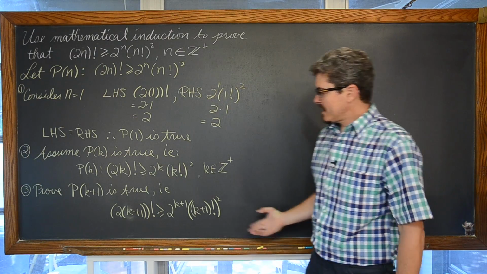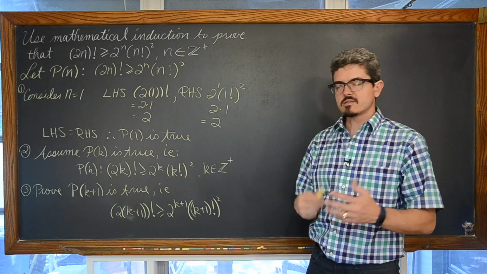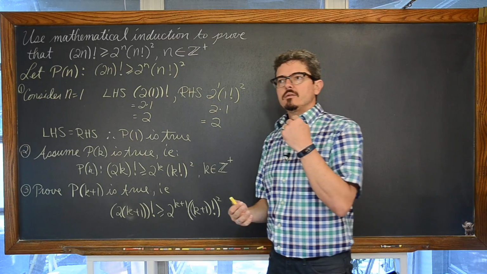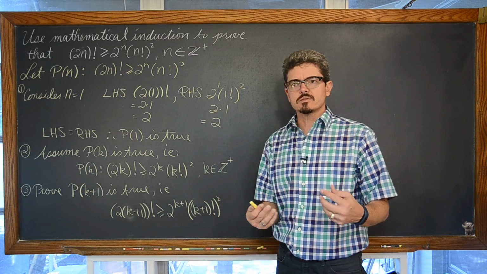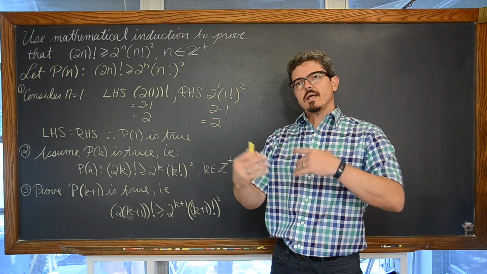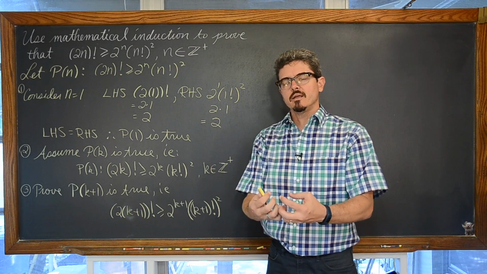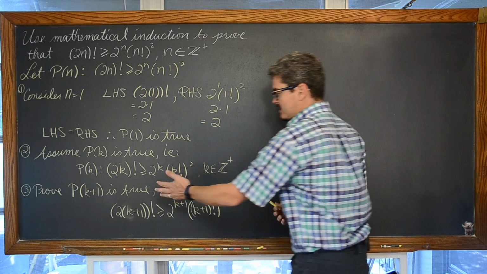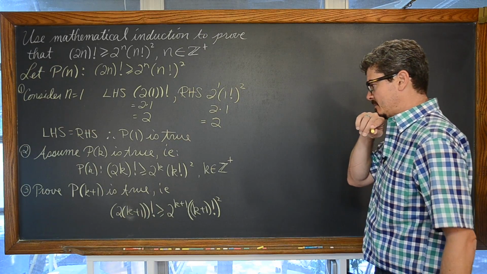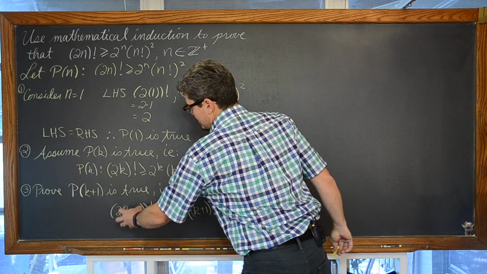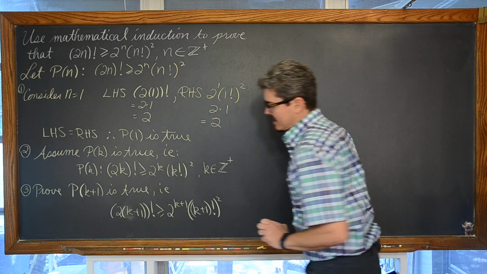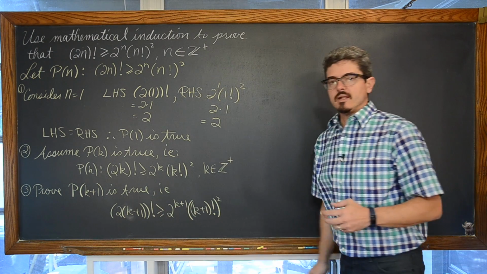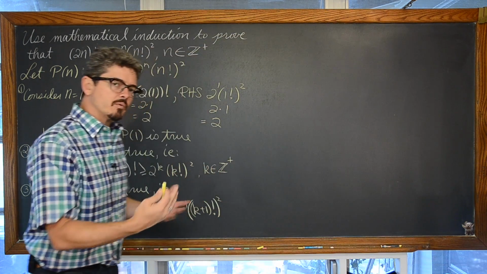Now, what side do you start with? Whatever you feel like is going to be the simplest to start from. And kind of like when you did your trig proofs back in pre-calculus, you want to start on the side that is going to allow you the most simplification, because usually when you simplify, it's easier to get to a set ending as opposed to making things more complicated. Now, both sides of this look pretty darn complicated, but I'm going to go ahead and start on the left-hand side and see if I can make this 2 times k plus 1, all of that factorial, greater than or equal to the right-hand side. It's not required, but you will generally start on the left-hand side.